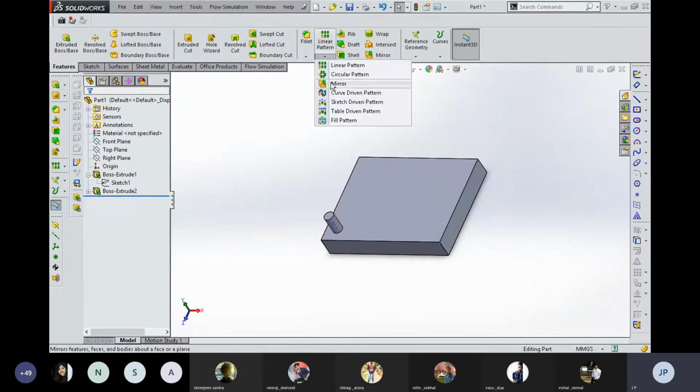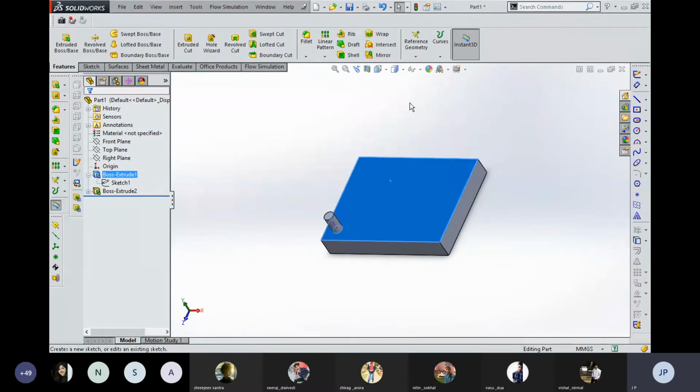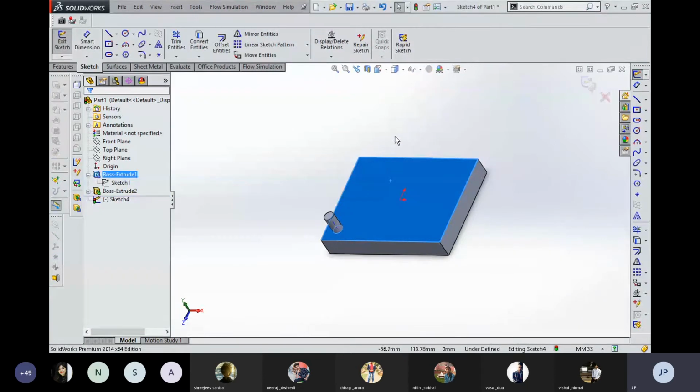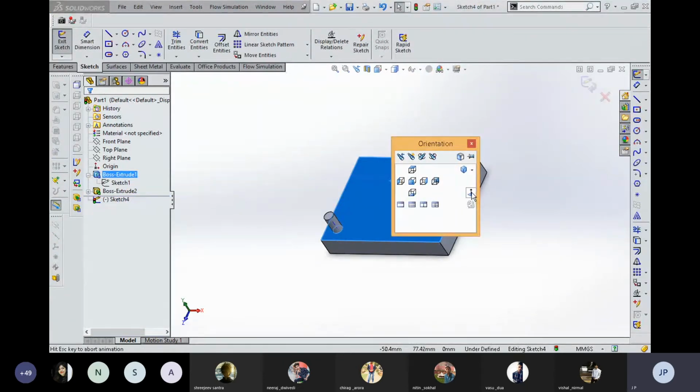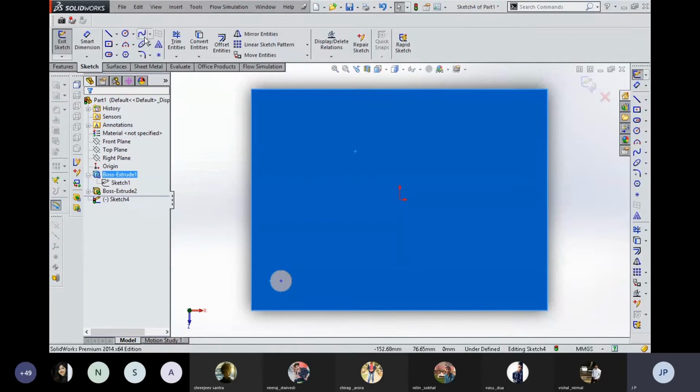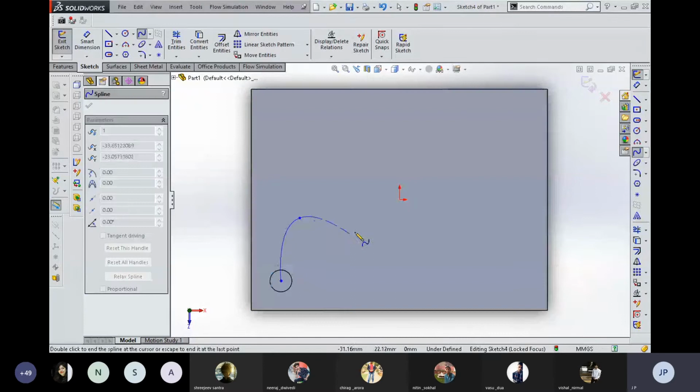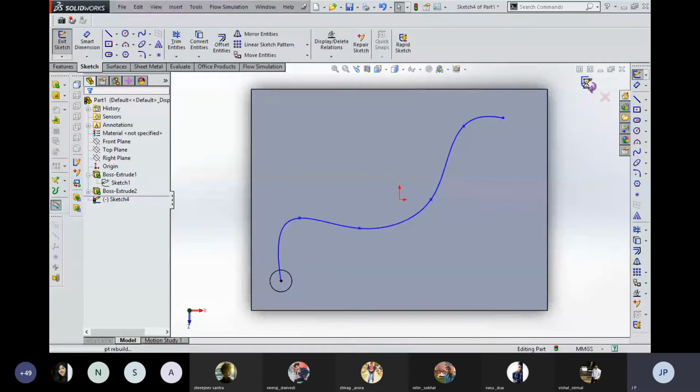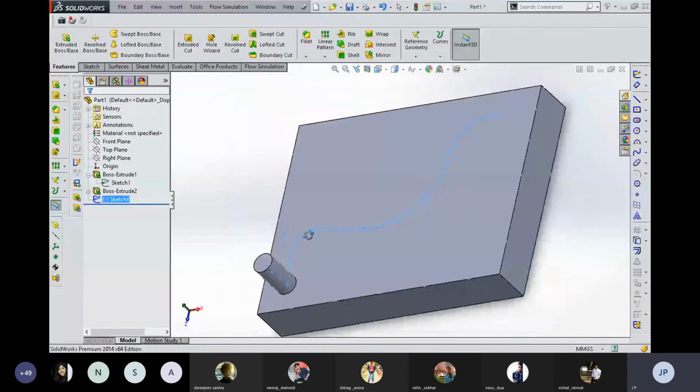Now next is curve driven pattern. So sometimes it requires that whenever we are going to create multiple copies of a component, we need a path which is to be followed by the component. So over here I am going to create a curve where this component is to be populated. Okay, so this path is to be followed by the parent component.